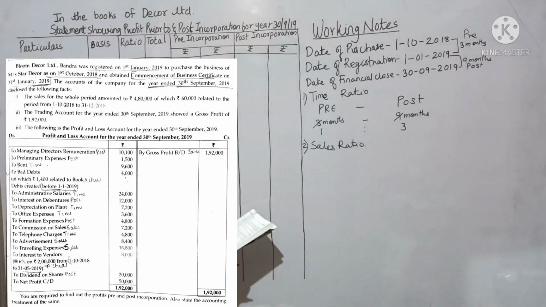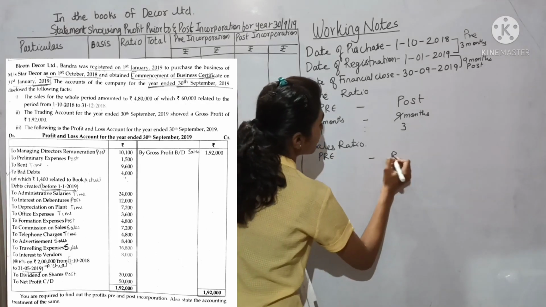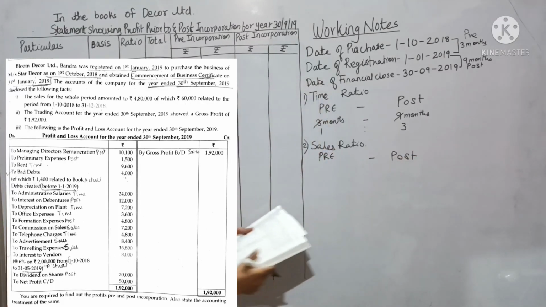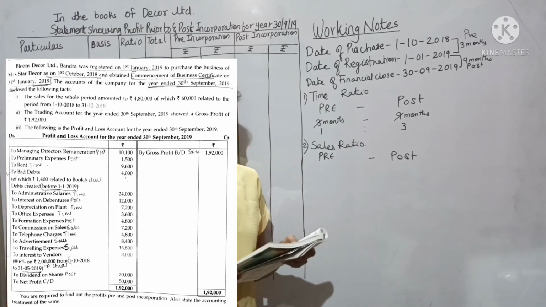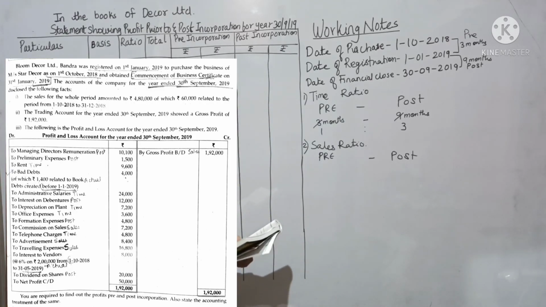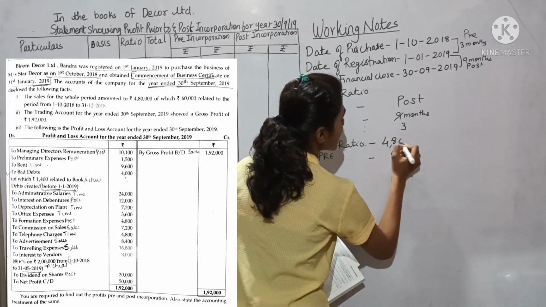Okay, sales ratio pre and post incorporation. Now read the first point. The sales for the whole period amounted to rupees 4,80,000. So total sales are 4,80,000,